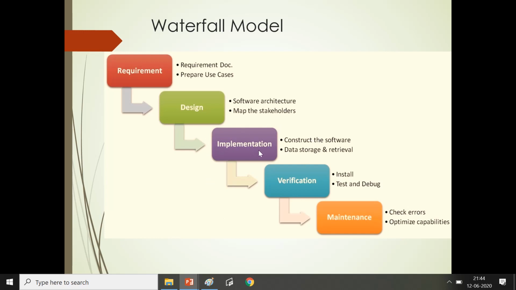After that, implementation stage, where the construction of the software and data storage and retrieval will be done. Then the next stage is verification. Here, testing and debugging will be done. And the last, that is maintenance, in which the errors will be checked and we can modify and correct the future softwares.